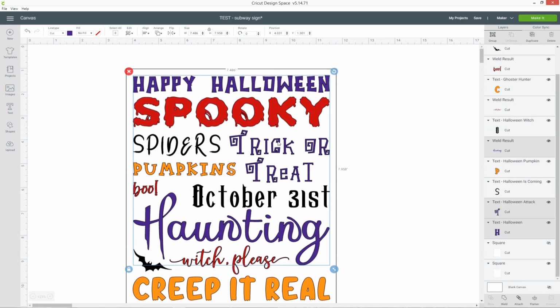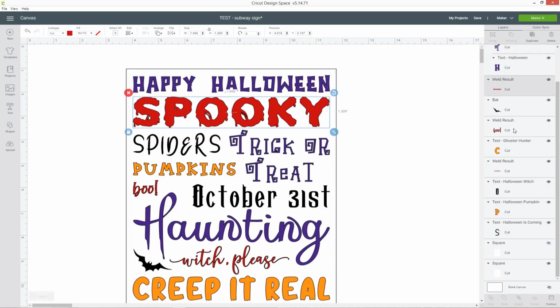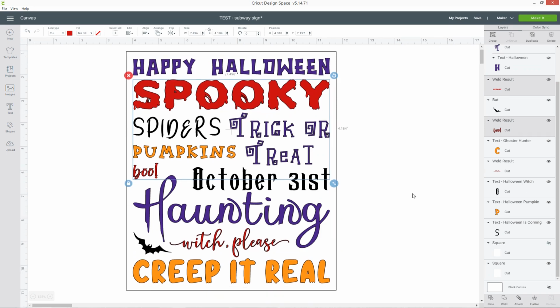So that's all three of my purple layers selected. You can also do it in the Layers panel by clicking one of them and again holding Ctrl or Shift on your keyboard and choosing the other ones. When you've selected all of one colour, press the Attach button down the bottom. Then do the same for all of the other colours.